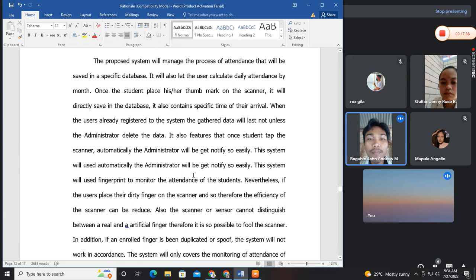Significance of the study. The system for students using fingerprint biometrics will eliminate the use of paper and manual signing processes and all the risks associated with it. One of the risks of using paper in class attendance is that it can be easily misplaced and students